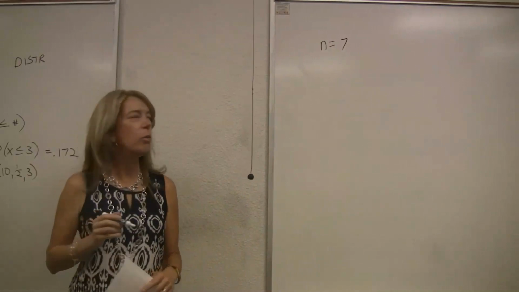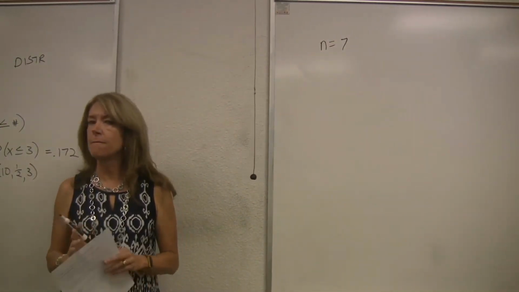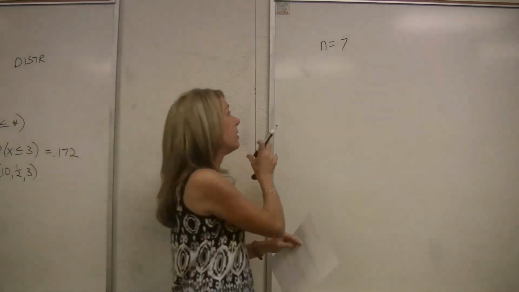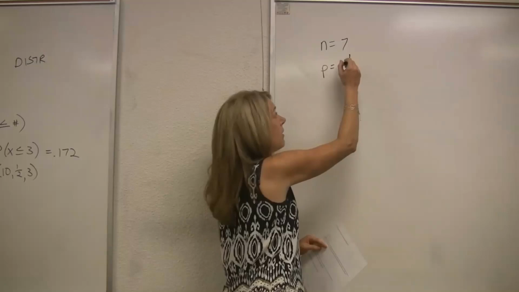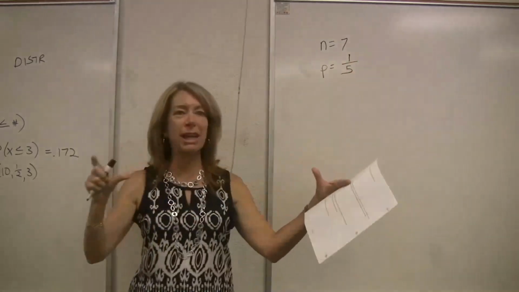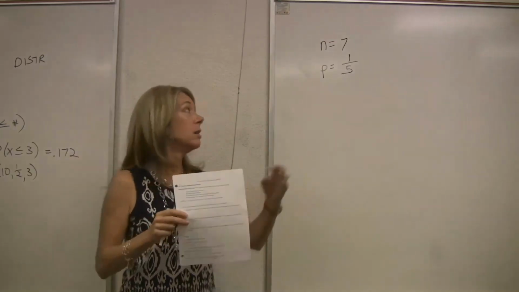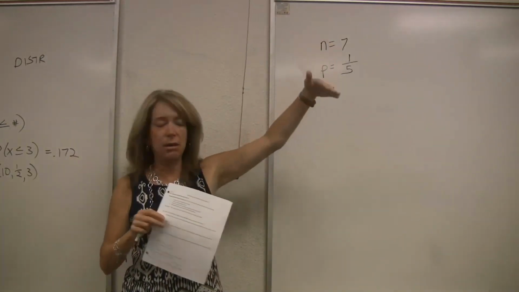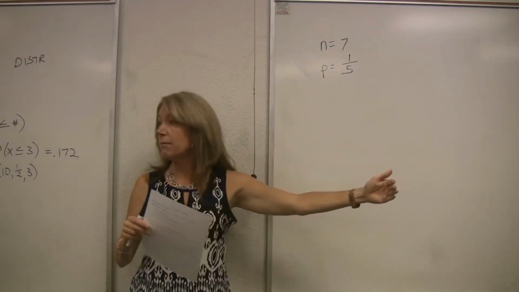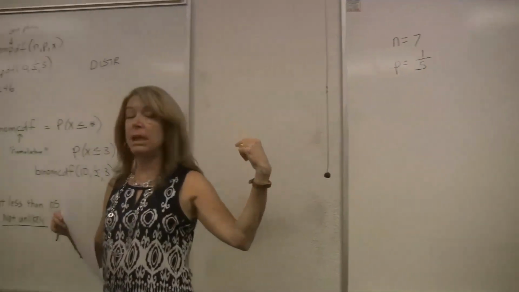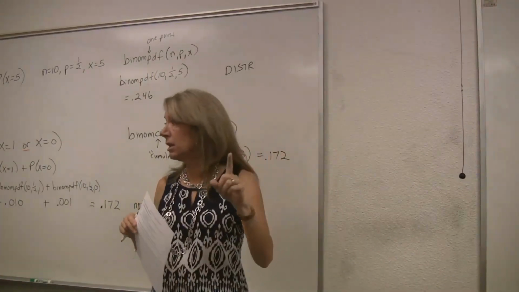Okay. Where does that 5 come in, though? It comes in with the probability. The probability of guessing correctly is 1 out of those 5 bubbles, right? There's A through E, and only 1 out of those 5 is correct, so that's where the 5 comes in. The 7 has to do with he or she, we don't know if it's a he or she, guessing 7 different times. And the P, the probability of guessing correctly on any one time, is 1 out of 5